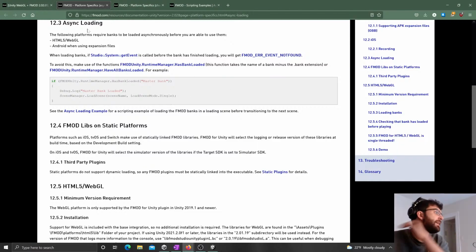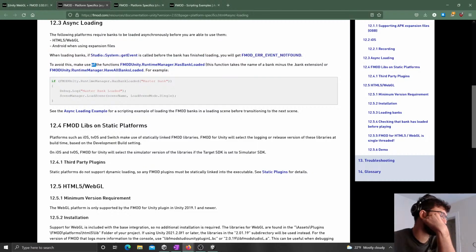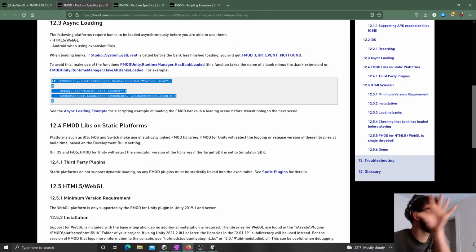Okay, async loading. The following platforms require banks to be loaded asynchronously when loading banks. Oh my god, this is exactly what is happening. I am a silly boy. I was under a lot of time pressure and I just didn't get around to looking at this. So I think what we're going to want to do is have a loading scene,